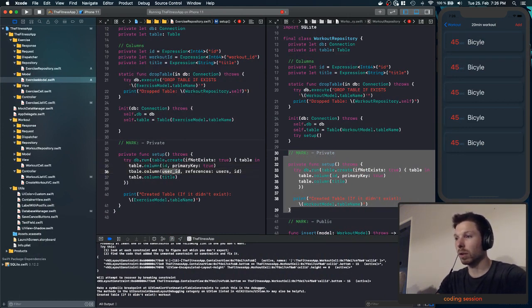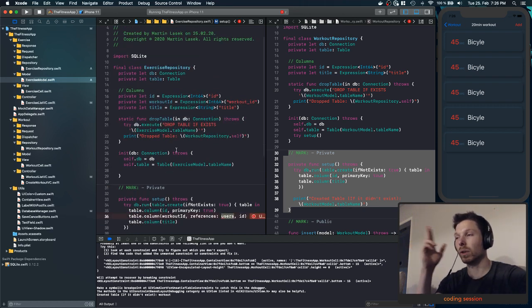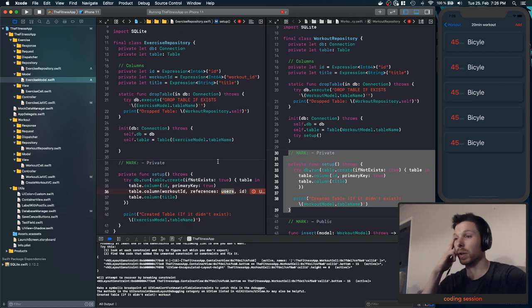This is going to be interesting because we will have workout ID table and references users, which is the other table which we don't have access to from here, which also means